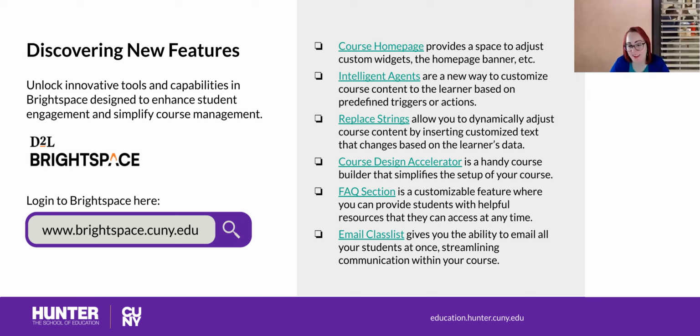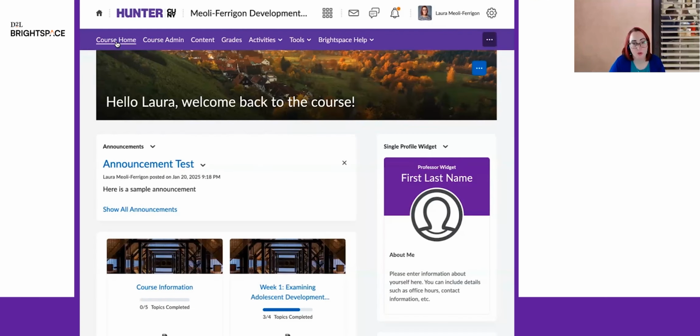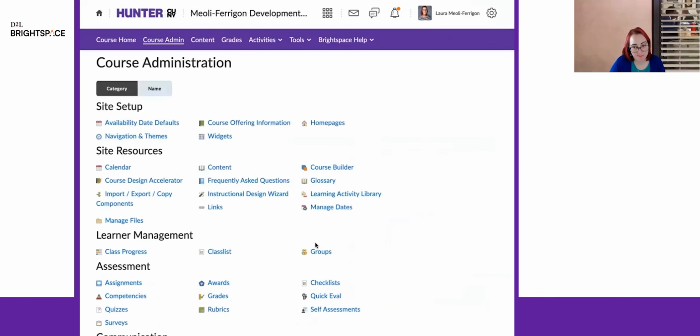Good option. The Course Design Accelerator is the next tool that I'll show you. It helps you simplify the setup of your course. So if you have not migrated a course over from Blackboard and you have to start from scratch, but you have like your syllabus with your week listed out, the Design Accelerator is really helpful. It makes it a lot faster. So go to Course Admin, Course Builder,